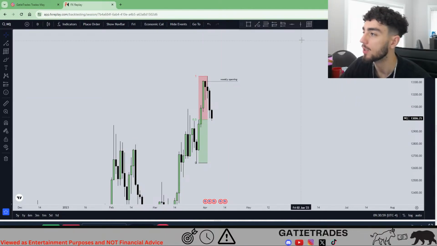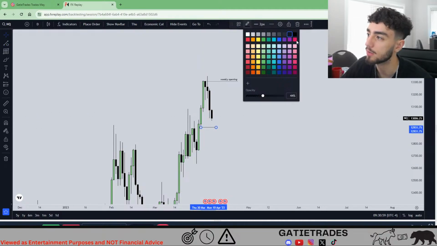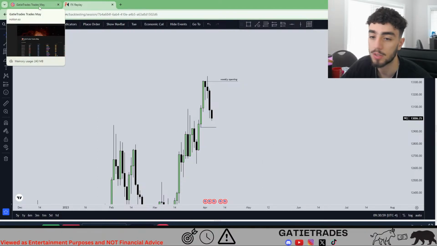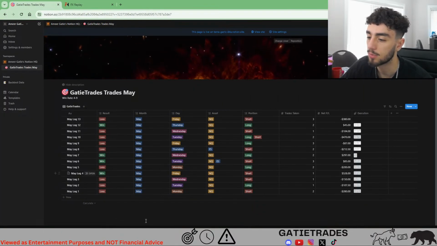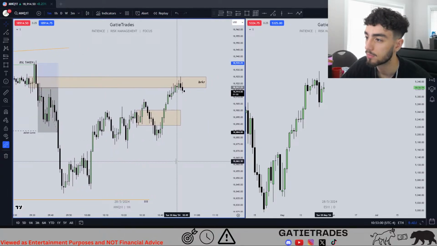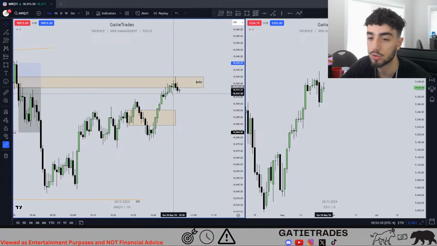I'm bearish. So my drawn liquidity is right here on the daily chart. I think price will eventually come to here. So let's go short from IFVG on the daily. We're talking about NQ live. High, low. Is this high, low, higher high, lower low? Could be a breaker in here potentially.